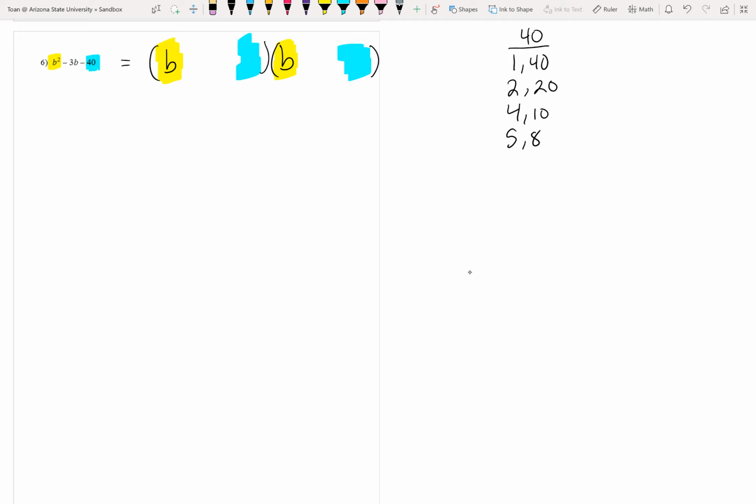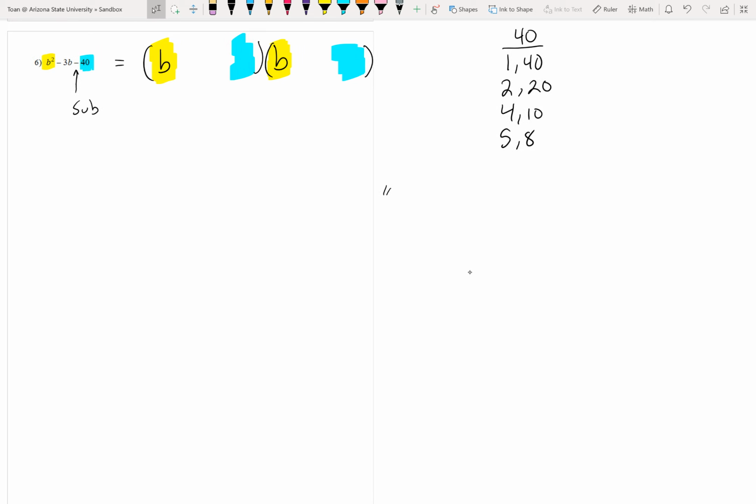You can stop when you go full circle, when you reach a number you've already written. Now, what I do next is I take a look at this last symbol here. It's a minus, so I'm going to think of subtract. So this is what I'm going to be thinking about when I look at this list. I'm going to ask myself, what pair of numbers subtracts to the middle number of the problem, and the middle number is a 3. I hope it doesn't take a lot of thinking or guessing or figuring out that it's the last pair here,